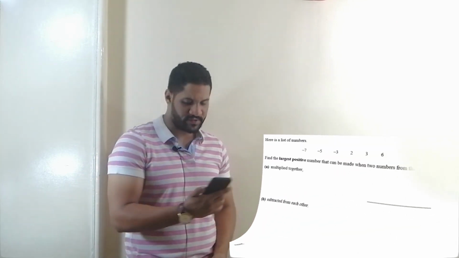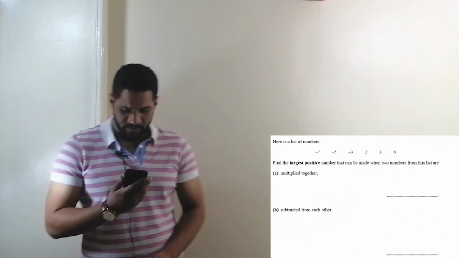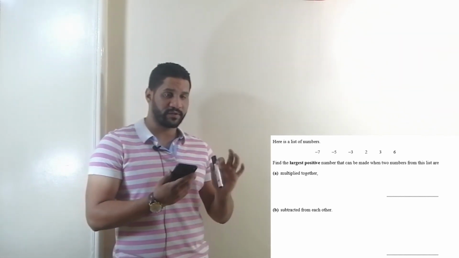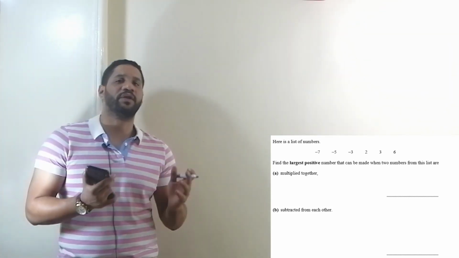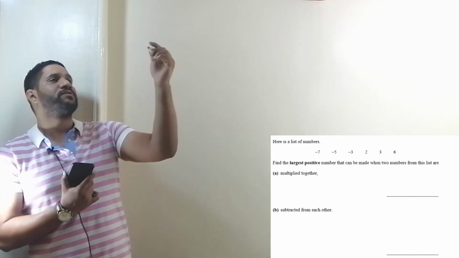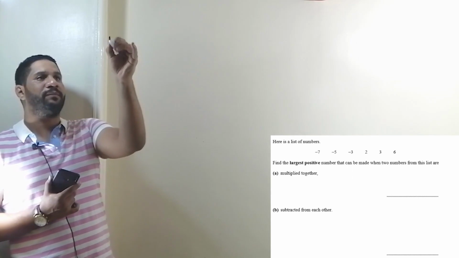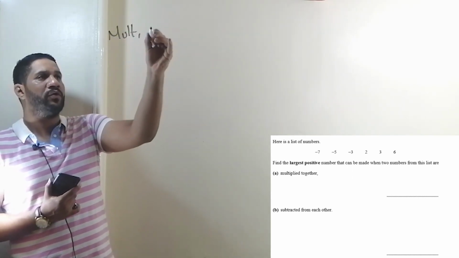At question 8, he's saying here is a list of numbers, -7, -5, and so on. Find the largest positive whole number that can be formed from these numbers if we multiply them together. If you look at the numbers, the only numbers that will give you the largest number are -7 times -5. And as we said before, during multiplication or division,